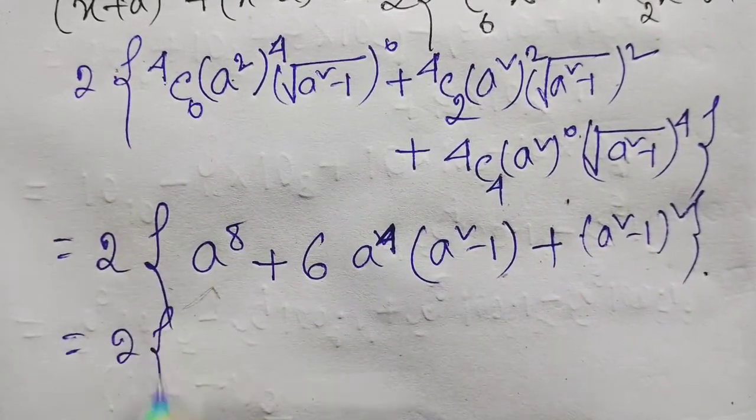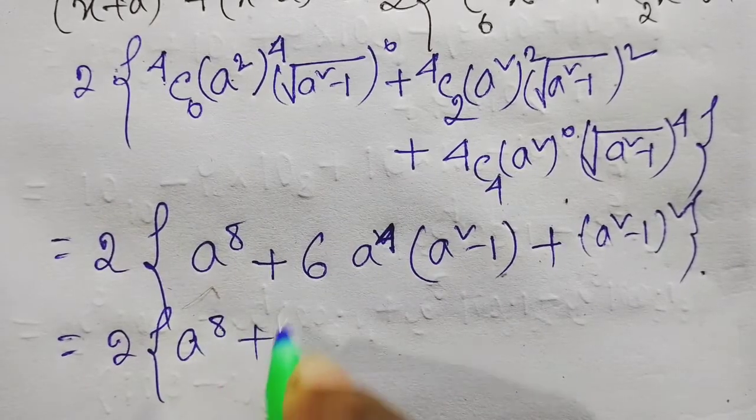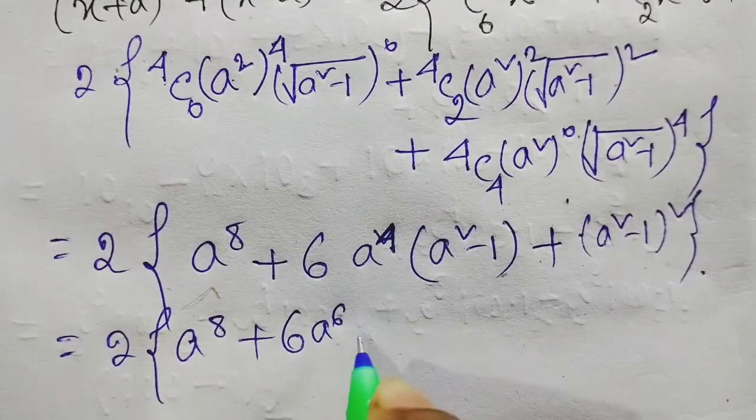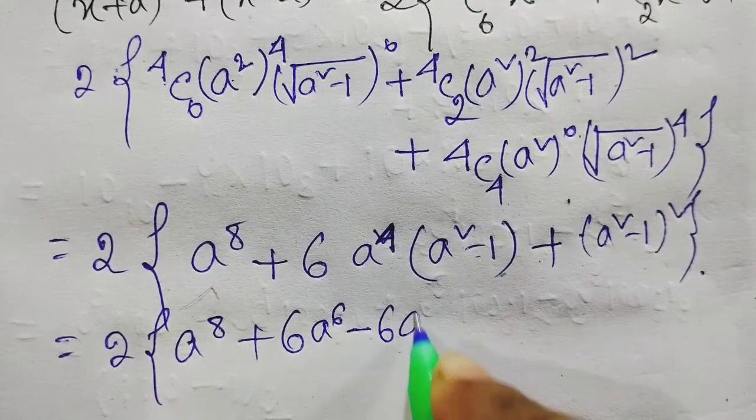Now 2 into a to the power 8 plus here 6 a to the power 6 minus 6 a to the power 4,